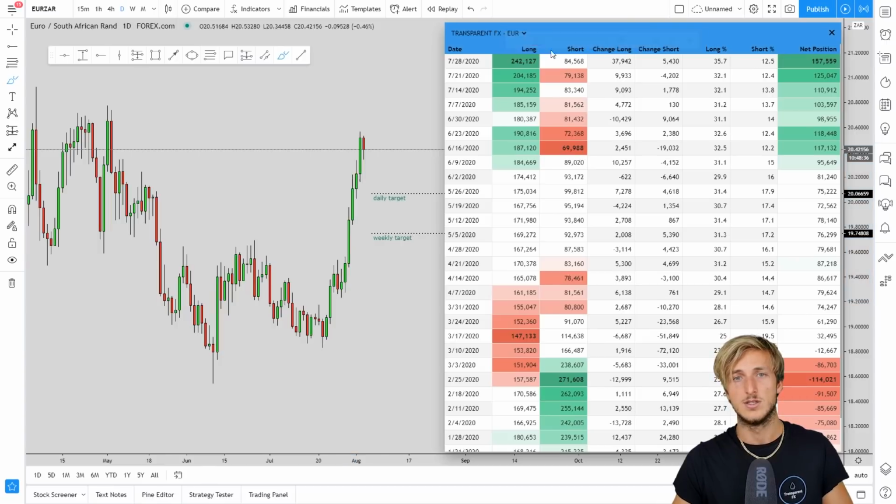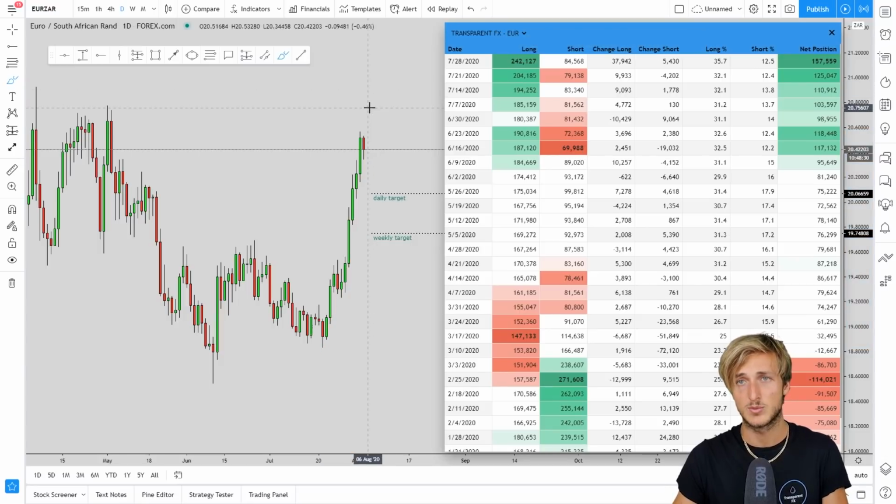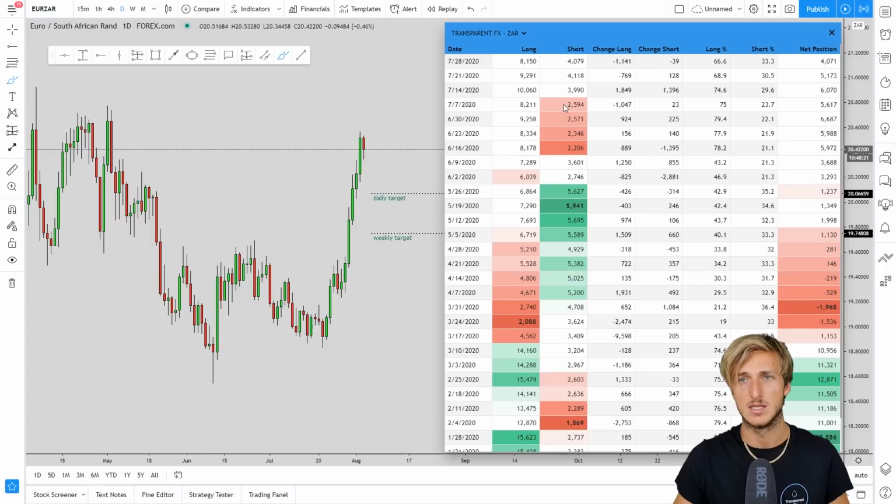Absolutely yes. Institutions were aggressively buying the euro, and we definitely wanted to see the continuation to the upside also from a technical perspective, and that is the reason for which we capitalized on this move to the upside on EURUSD. And if we go and see what we have from a ZAR perspective,